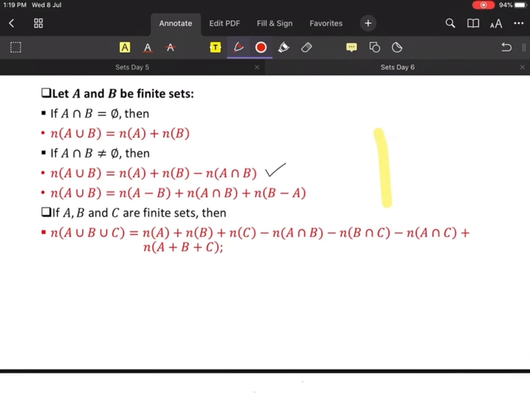Next class we will be discussing the problems related to these formulas. I will be uploading the video, so go through that and revise these formulas. Tomorrow we'll continue with this class, and tomorrow I guess this chapter will be finished.